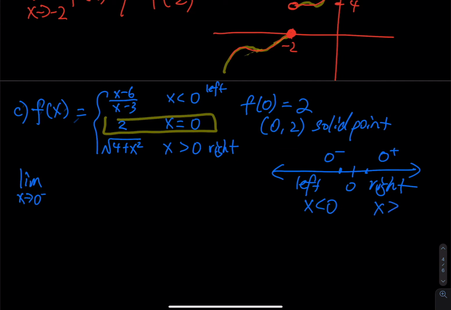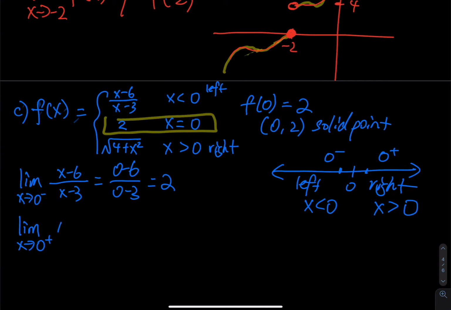This is x greater than 0. We pick the first piece: x minus 6 divided by x minus 3. I don't see a problem with plugging in a 0. 0 minus 6 over 0 minus 3, you have a 2. And then the limit as x approaches 0 from the right,